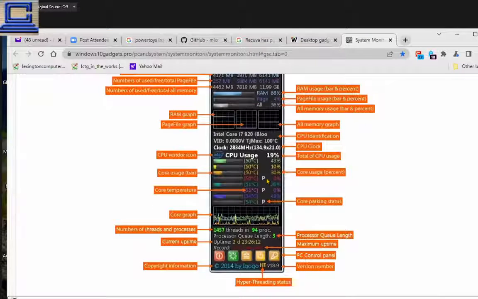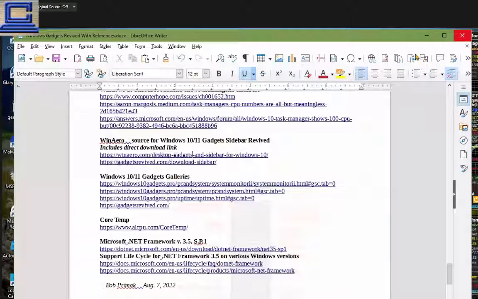It shows when a core is parked, and through this gadget you can enable parking if it isn't already enabled. I did that. And that will mean that if your first physical core is not completely used up or not beyond a threshold, the remaining cores will remain parked and idle. And this has an advantage for performance. But in any event, what I am able to do,